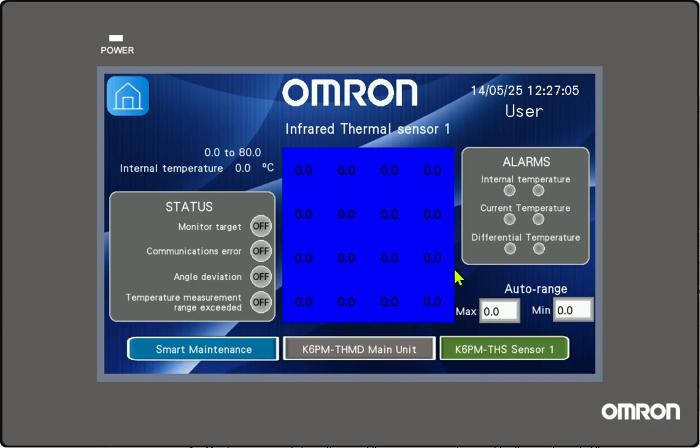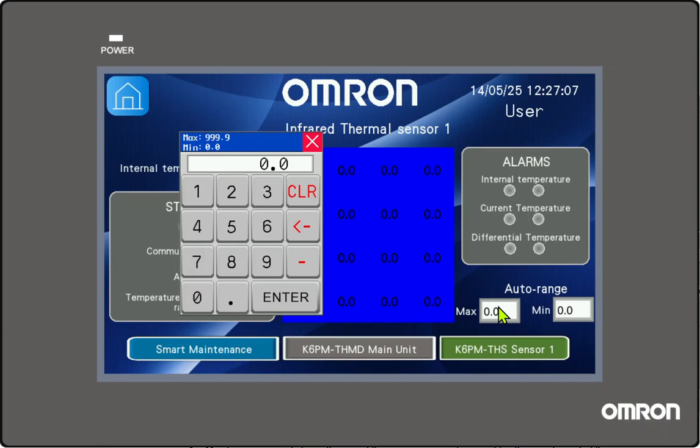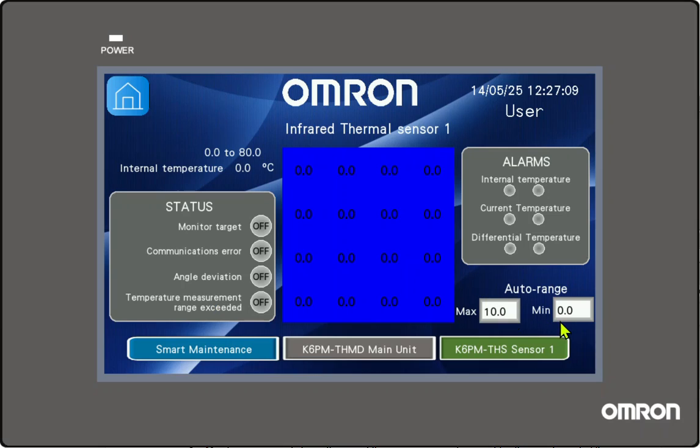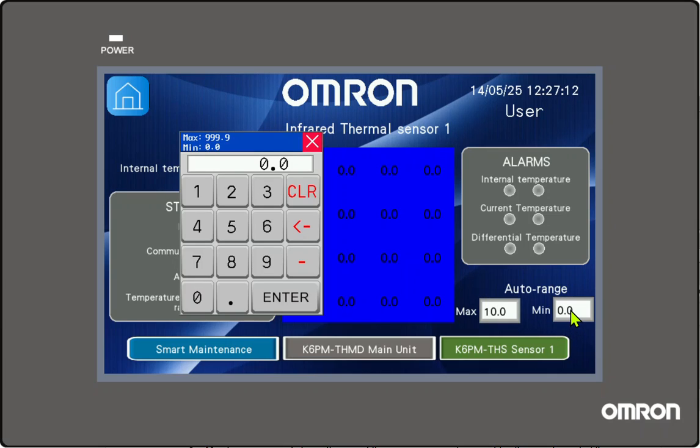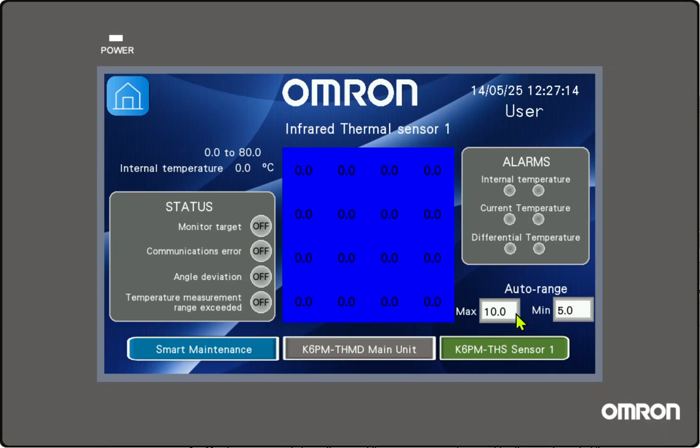This can be adjusted with the auto range. So if we set 10 and the minimum as 5, it will adapt the colors to the new range. But this is not adapted currently because I'm not connected to the unit.